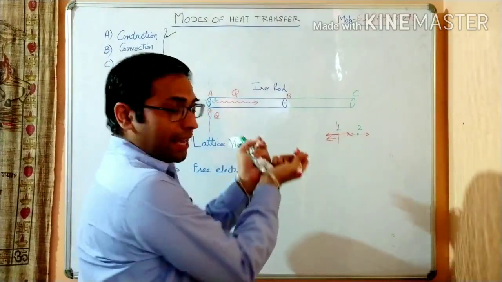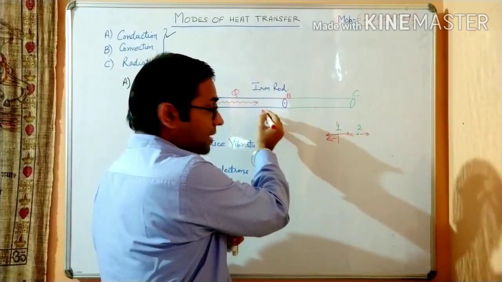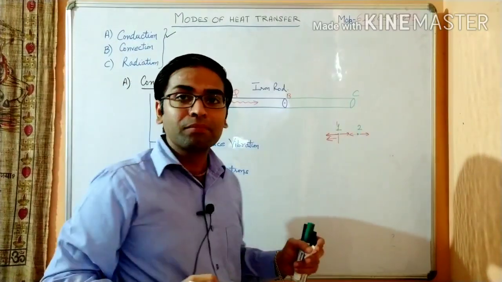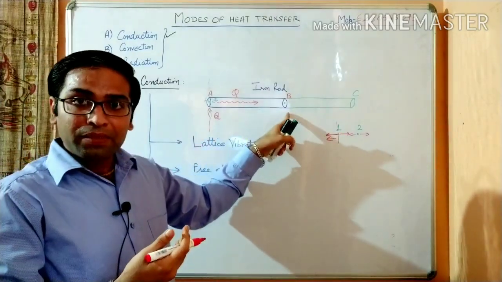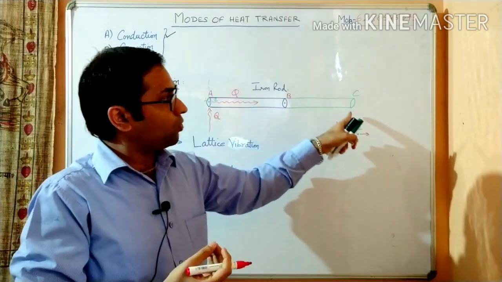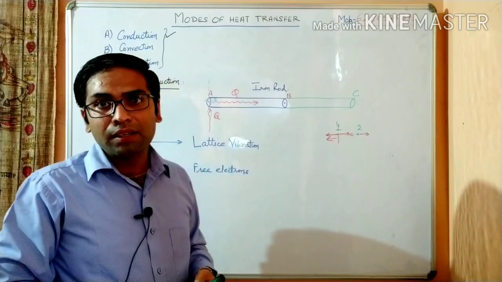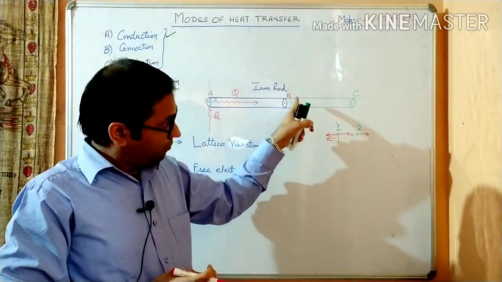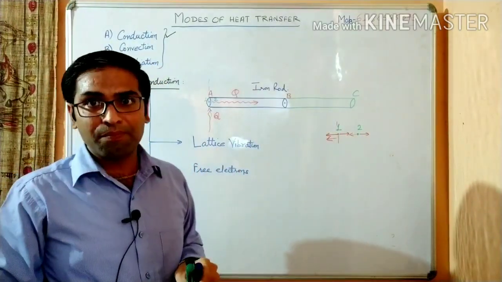These two surfaces are in direct contact with each other. So the last molecule of rod AB is in direct contact with the very first molecule of rod BC. So the last molecule of rod AB will transfer a part of its heat to the first molecule of rod BC by the similar procedure of collision. And this way the thermal energy will be propagated through the rod BC also. This is the conduction through lattice vibration.